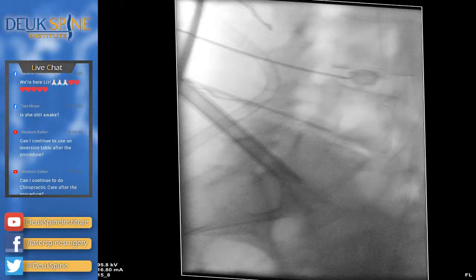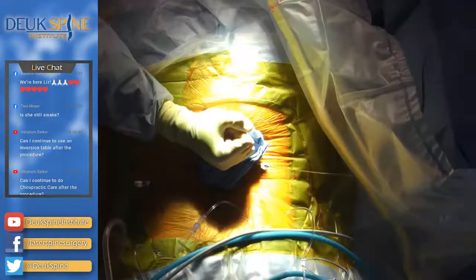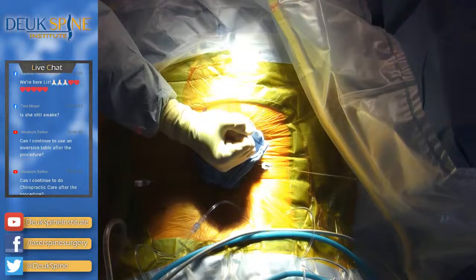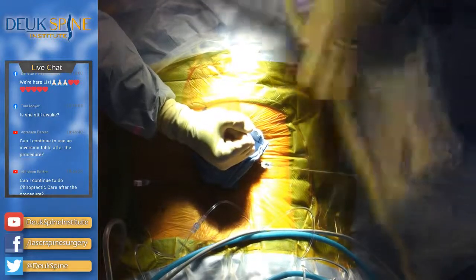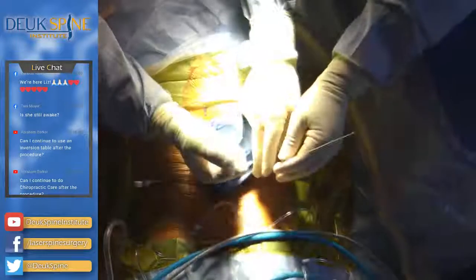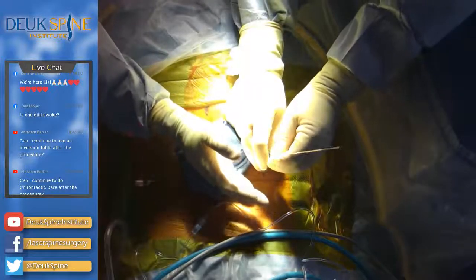So we got lucky with L5S1. Let's see if we can get lucky with L4-5. Go ahead. So what I mean by that is we're able to get in and get it done. A lot of times when it's bone on bone, there's not much disc space. We're taking a space that's maybe 3 millimeters and opening it now to 7. One thing I've seen with the laser surgery too is that we've been able to